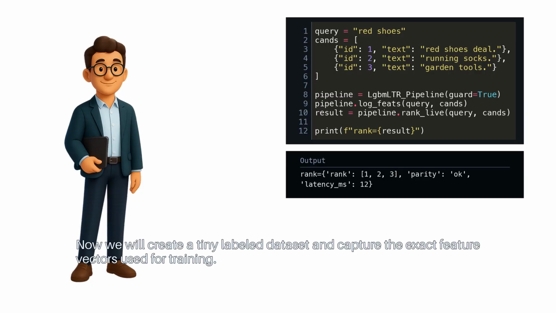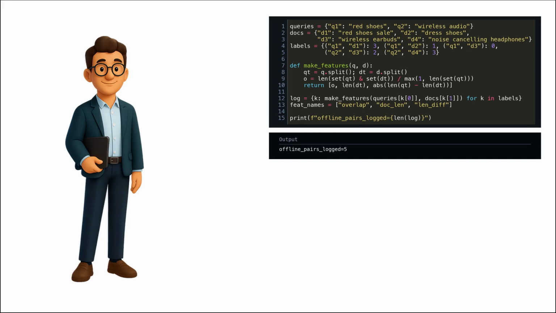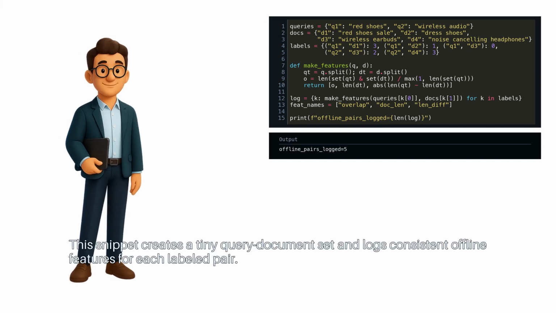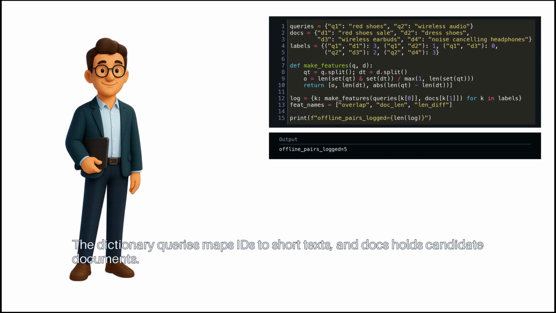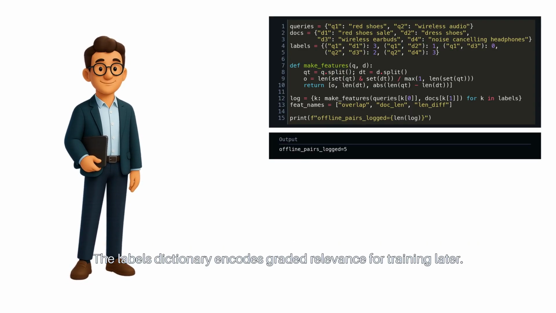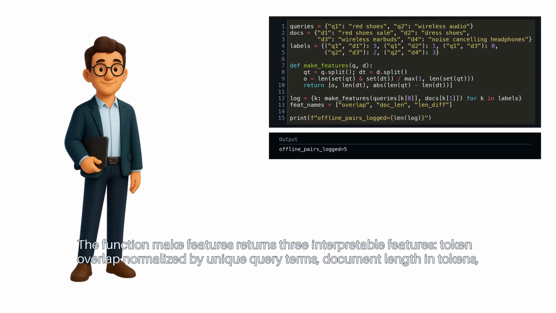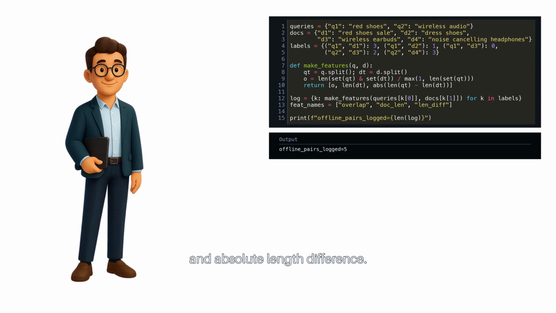Now we will create a tiny labeled dataset and capture the exact feature vectors used for training. This snippet creates a tiny query document set and logs consistent offline features for each labeled pair. The dictionary queries maps IDs to short texts, and docs holds candidate documents. The labels dictionary encodes graded relevance for training later. The function makeFeatures returns 3 interpretable features: token overlap, normalized by unique query terms, document length in tokens, and absolute